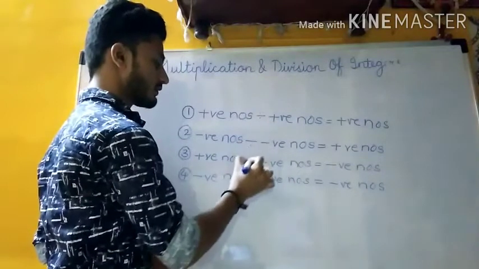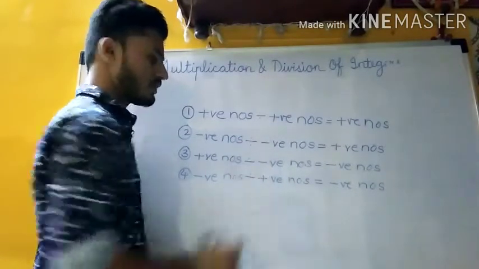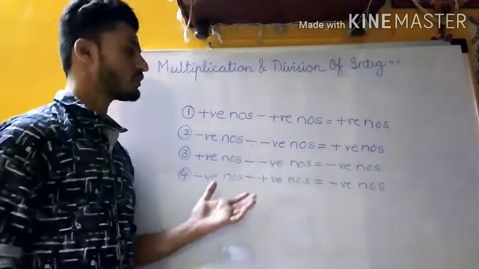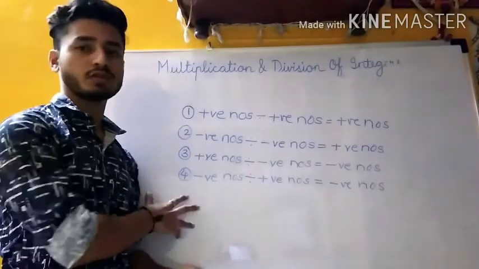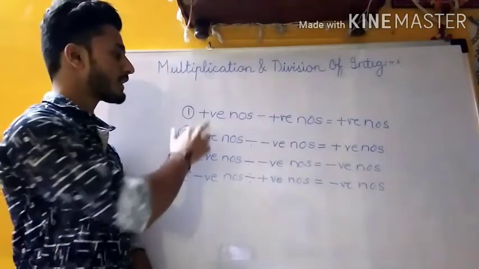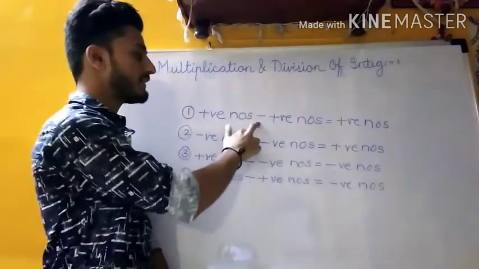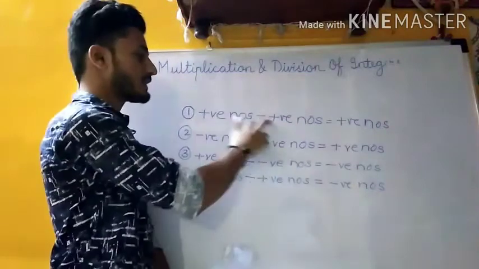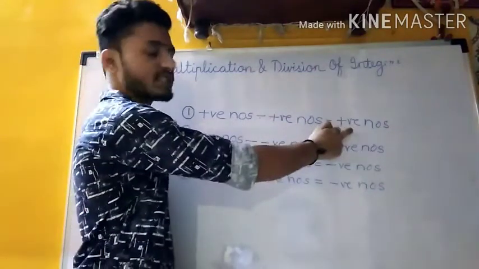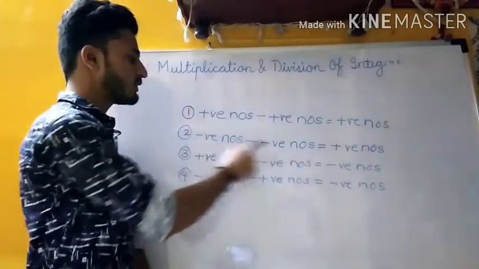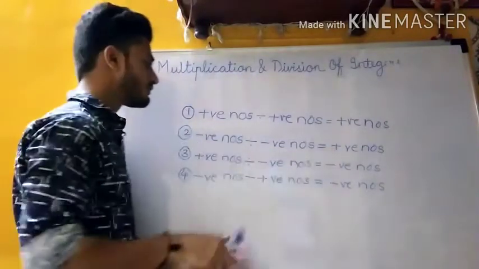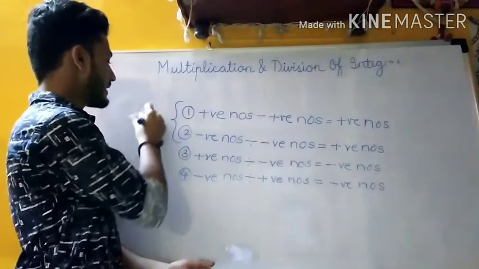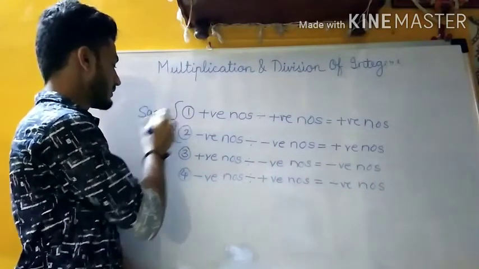That's it. This is how you convert the multiplication chart into the division chart. We'll just go through the chart. The first is when a positive number is divided by a positive number, meaning both the signs are the same, then we get a positive answer. Similarly, if both the numbers are negative, again we get a positive answer. So same signs, positive answer.